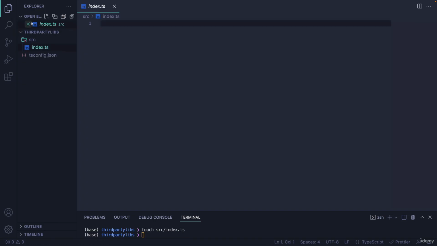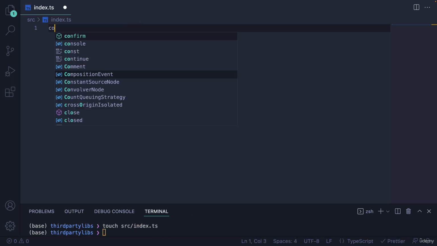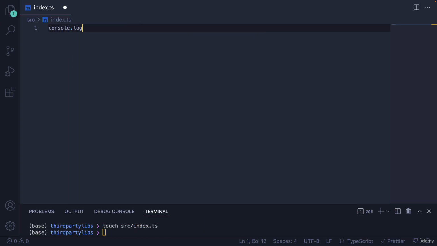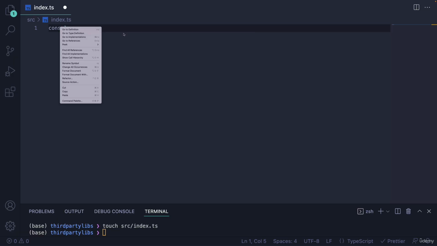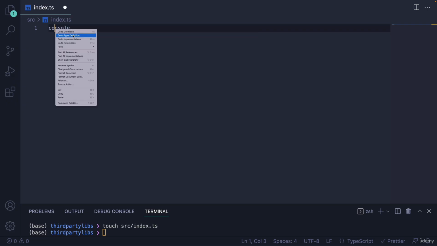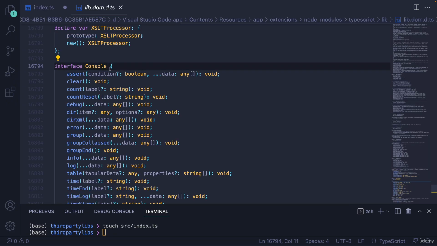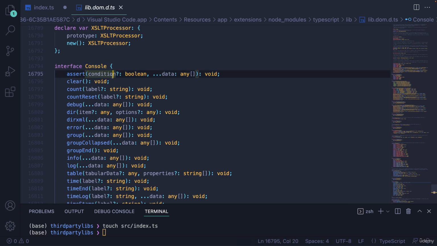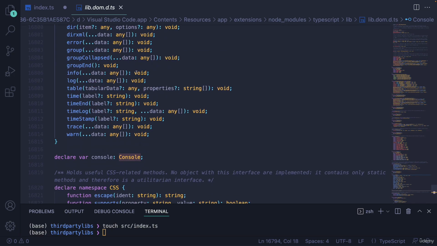If I start working in here, for example, if I do console.log something, TypeScript knows about the console, and it knows all these different methods and their signatures. It knows about them if I go to type definition, because there is a console defined somewhere, an interface Console. You can see the file that it's in,